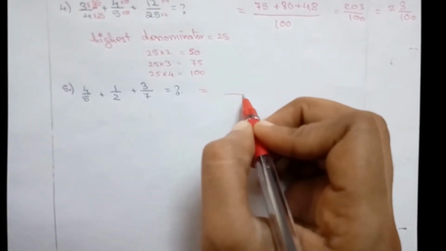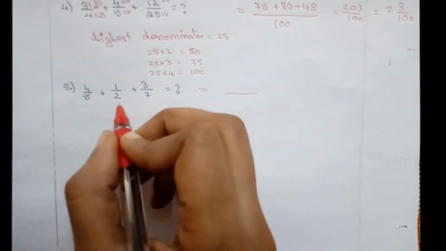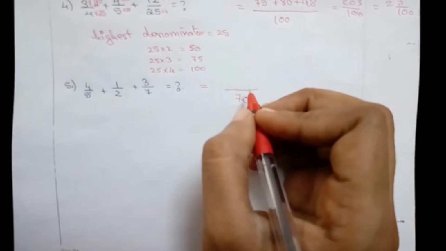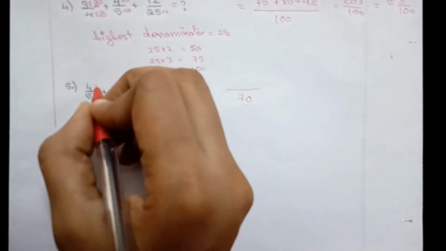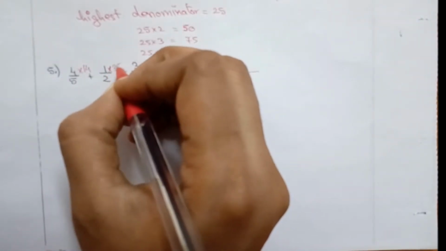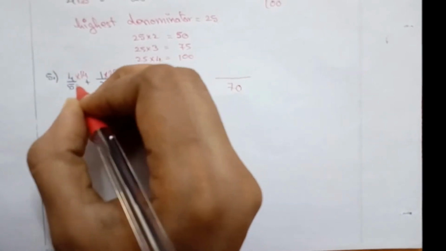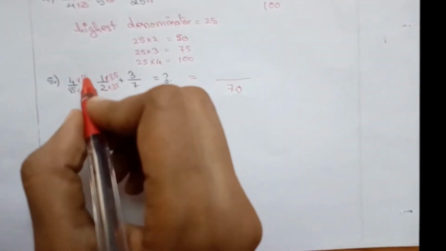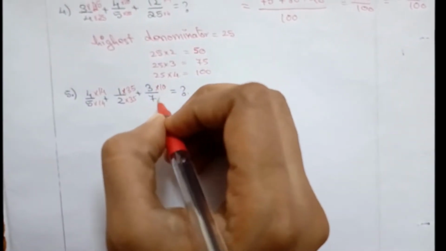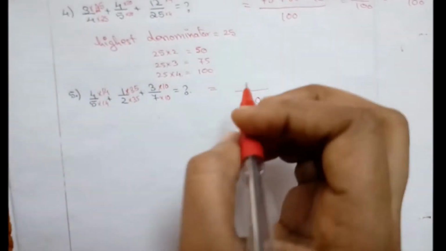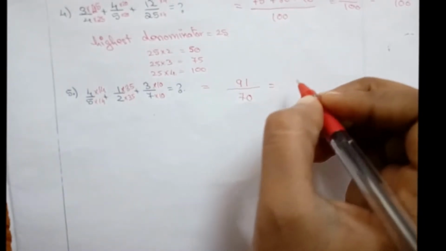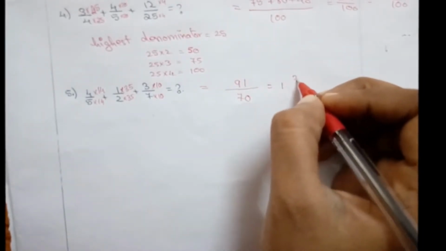So by multiplying 5 into 2 into 7, I'll get 70 as my denominator, and on my numerator I will have to multiply 4 into 14 over here, and here I will multiply 35 over here. I will have to multiply on the numerator and the denominator also. And I will have to multiply 10 over here. So as a total I'll get 91 by 70, which I can write as a mixed fraction of 1 31 by